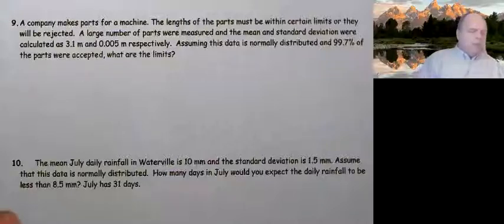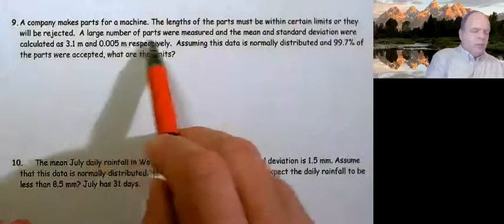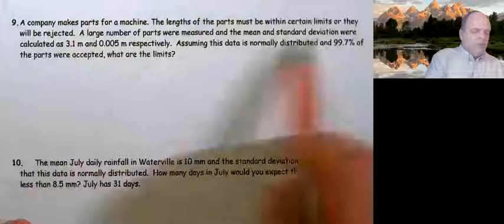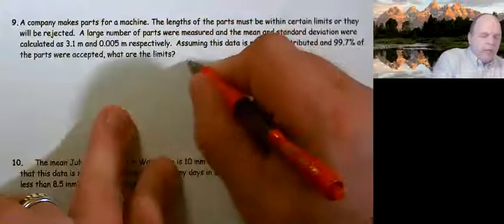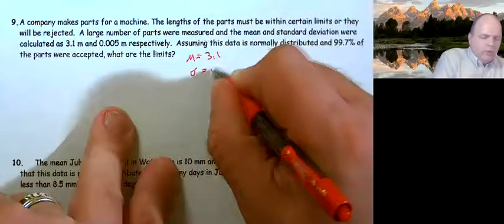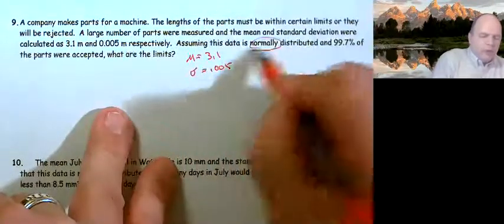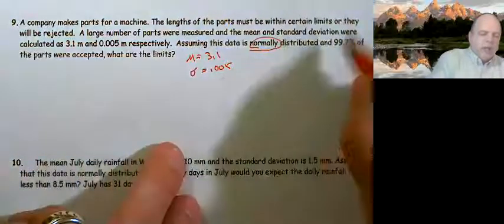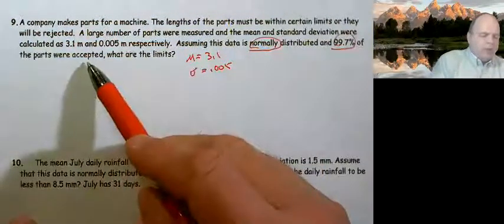A company makes parts for a machine. The lengths of the parts must be within certain limits or they will be rejected. A large number of parts are measured and the mean and standard deviation were calculated as 3.1 and 0.05. So our mean is 3.1, our standard deviation is 0.05. Assuming the data is normally distributed, and 99.7% of the parts were accepted,